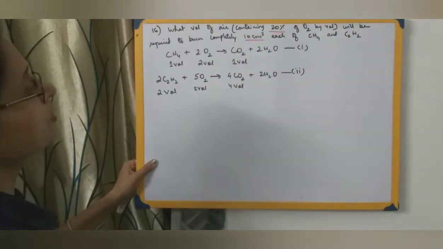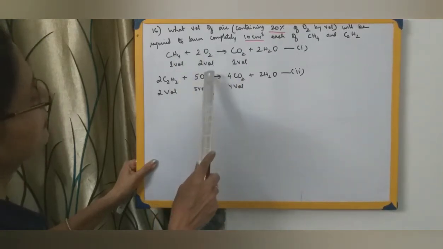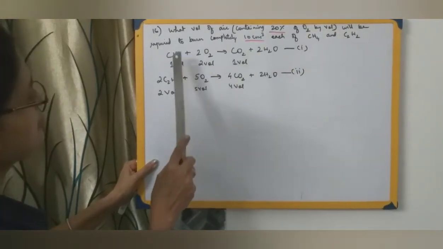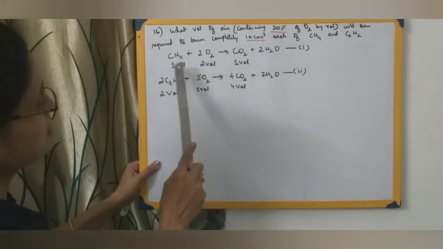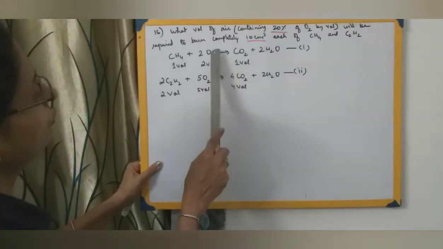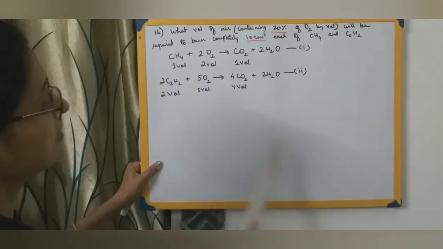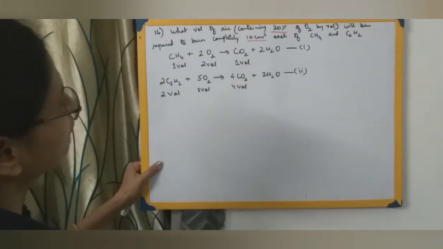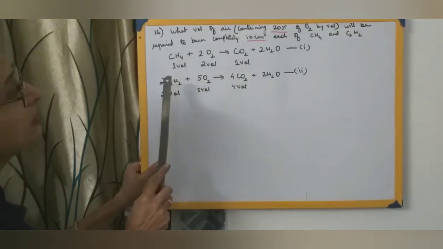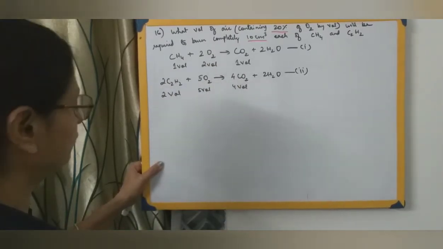Now, what does this equation mean? They have given two reactions where methane and acetylene react with oxygen. We have been provided the amount of methane and acetylene, as well as the stoichiometric ratio of the oxygen that is used up. From the amount of oxygen used up, we have to find out how much air has been used up in both these reactions together. So first we will find out how much oxygen is used up from 10 volumes of methane and acetylene. After finding the volume of oxygen used up, we will find the volume of air used up.